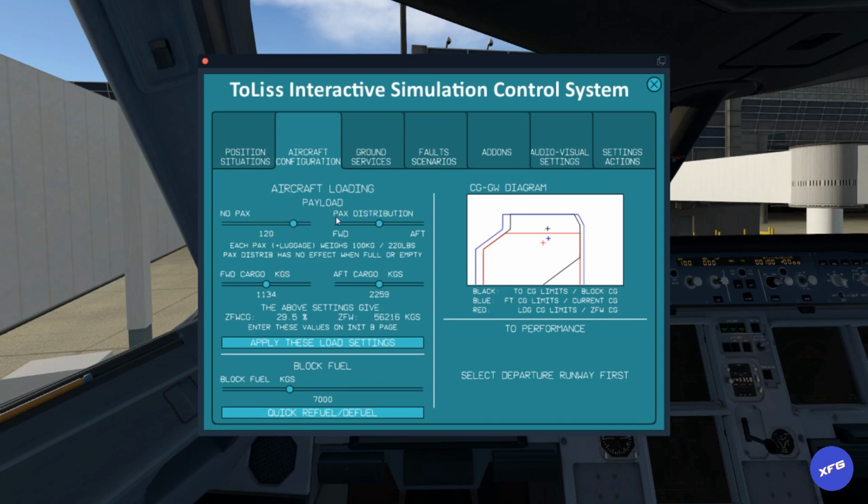So once I do that, the PAX distribution, I always leave that alone just because I'm trying to get the weight as even as possible throughout my plane. So I don't ever mess with that, and you probably shouldn't have to either, unless you just want to. So now we come down to the cargo, and